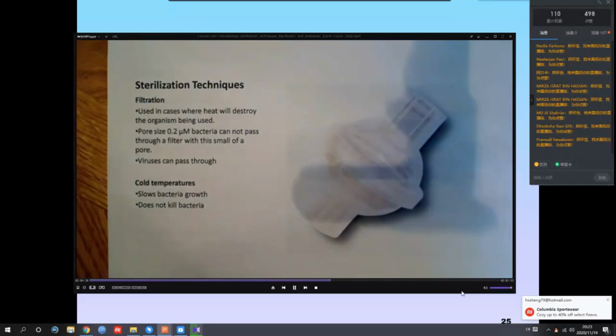Also, another common thing, everybody has these in their lab: refrigerators and freezers of various kinds. You might have a refrigerator if you're putting something in that you just want to keep from heating up, or you want to slow the growth. That's what cold temperatures can be used for. And of course, for more long-term storage, you might use a negative 80 degrees Celsius freezer. So it slows bacterial growth. It does not kill the bacteria. That's the important point. Cold temperatures are not going to kill it unless they're really, really cold. But the point is they don't kill bacteria under normal conditions.